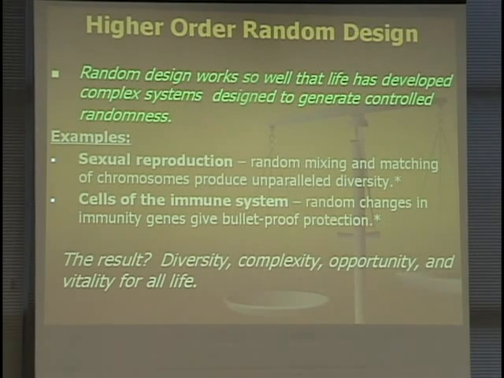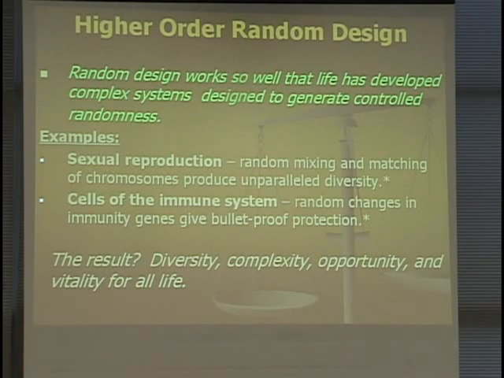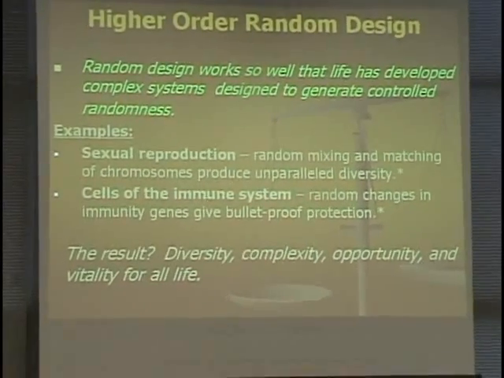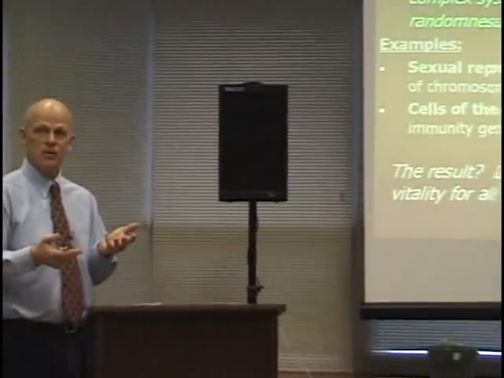And yet we only have, remember I told you, 30,000 genes. So how do we protect ourselves against millions of potential invaders? Once again, random design, in this case higher order random design, comes into play. The body's immune system takes a limited repertoire of immunity genes, actually about 8 genes, and mixing and matching those genes in